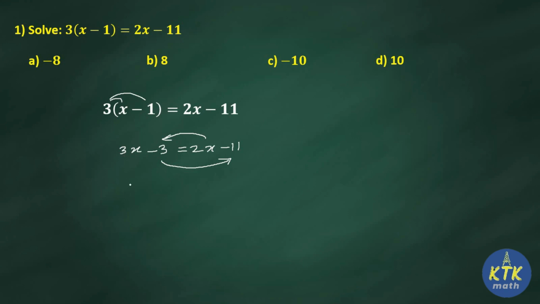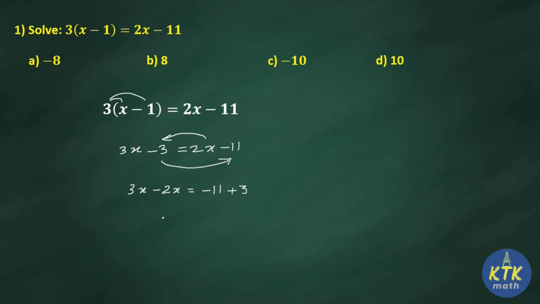So already you have 3x here, so 3x will come same. The 2x is positive there; when it transforms to the left side, it will be minus 2x. So make sure you are changing the symbol when a particular term crosses the equal symbol. Similarly, on the right side you already have minus 11, so don't disturb that minus 11. This minus 3 we are transforming to the right side, so it will become plus 3. So make sure you are arranging variable terms on the left side and number terms on the right side.